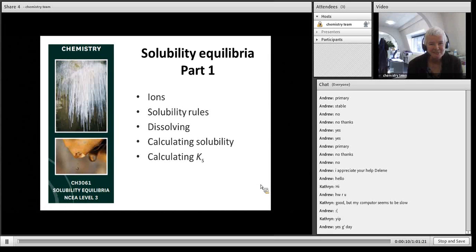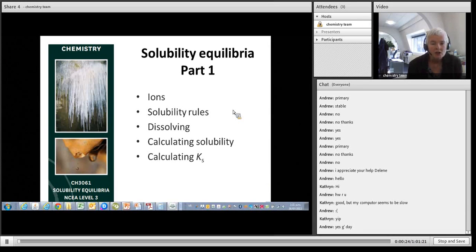Right, so welcome to this solubility equilibria. This is the last exam standard we're doing. We've done the 3.4 and the 3.5, so we're going to be looking at the 3.61 now. It's a lot of calculations in this one, so if you're good at maths, you'll be good at the standard. Then there are also some